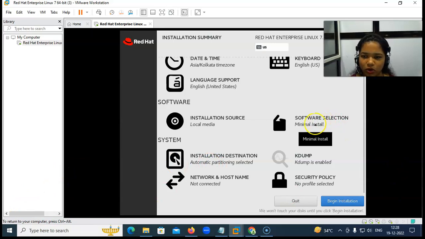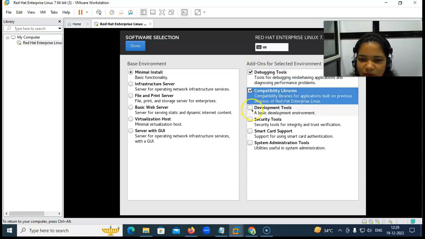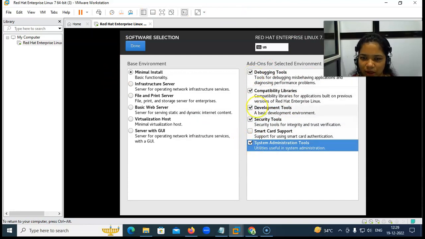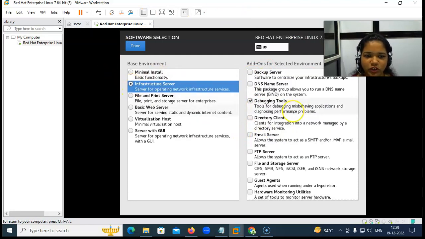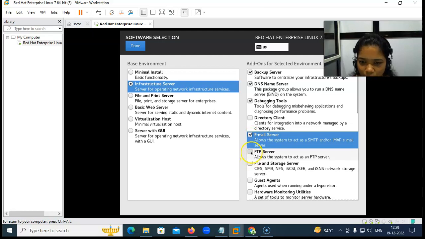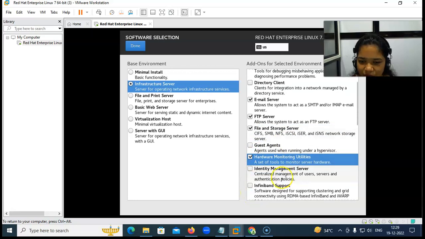Then go for software selection. Here, depending upon what all tasks you have to perform later on in Linux, you are going to select the software over here. So I am selecting debugging tools, libraries, development tools, security tools, system administration tools. So here I have selected almost all. Then infrastructure server, I want backup server, I want DNS server. This depends upon you, which software you require for your further activities. I am selecting almost every